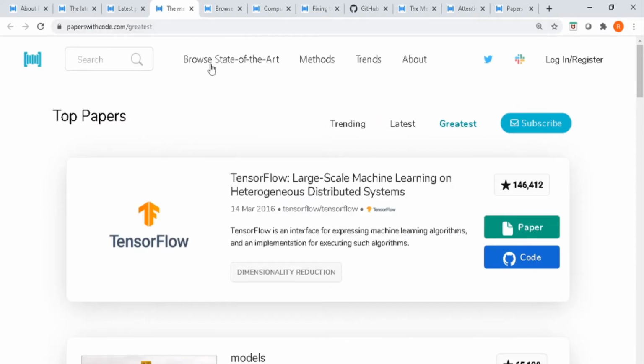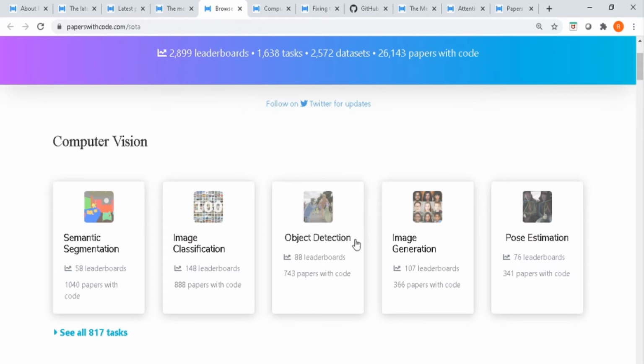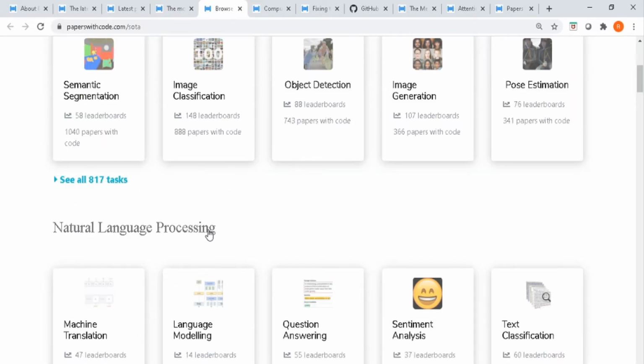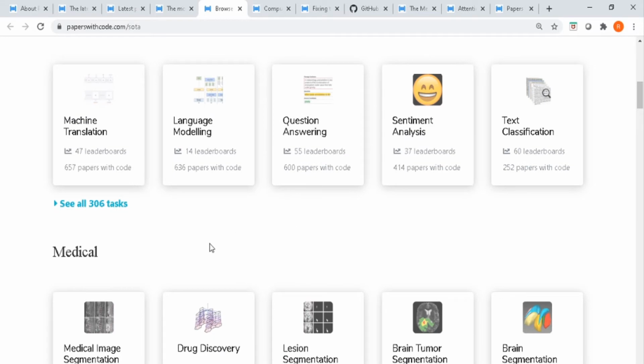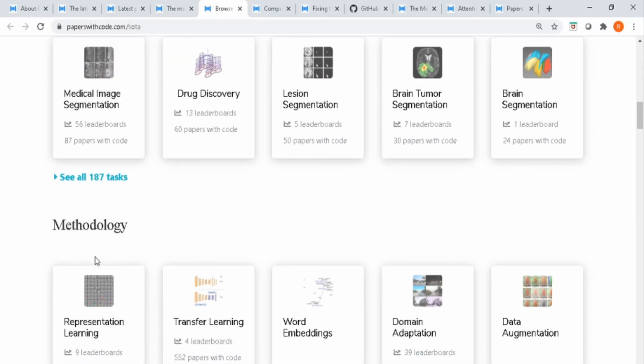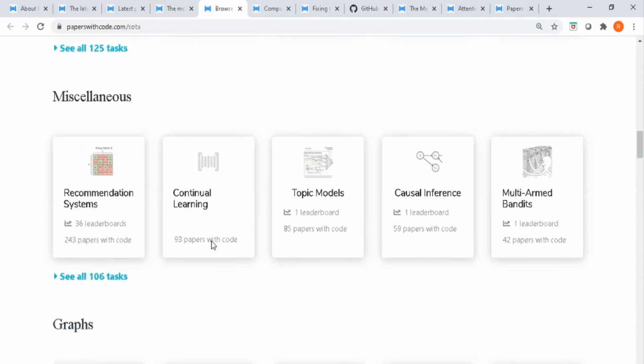Now if you click on Browse State of the Art, you see that the papers are organized based on areas of research. So the broad areas of research are computer vision, natural language processing, the medical domain. Then there are papers related to methodology, related to machine learning. Then you have miscellaneous category.